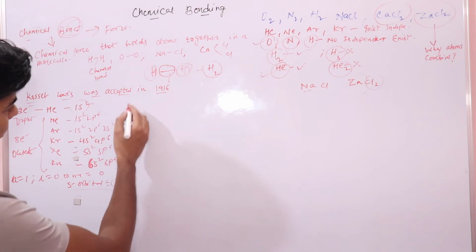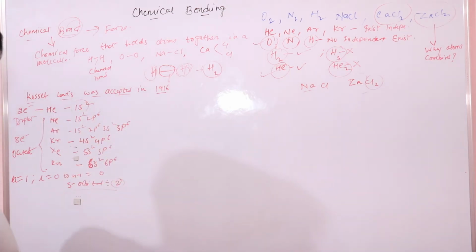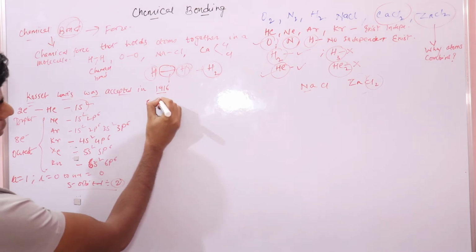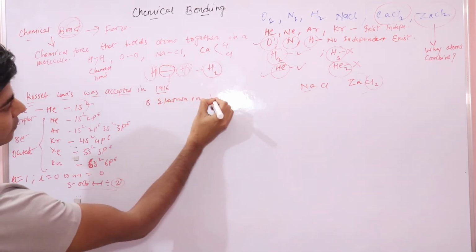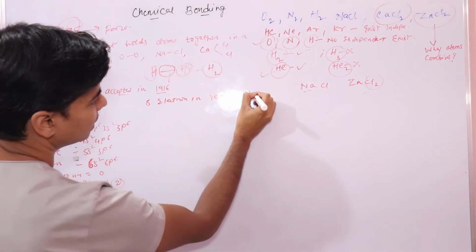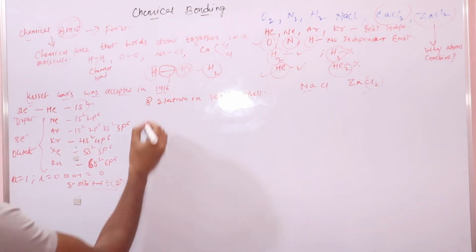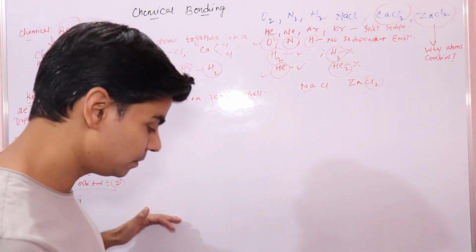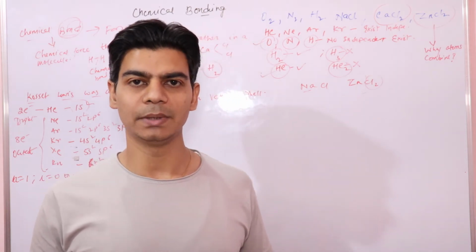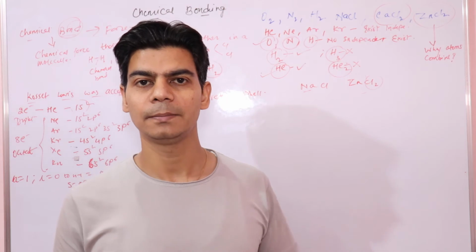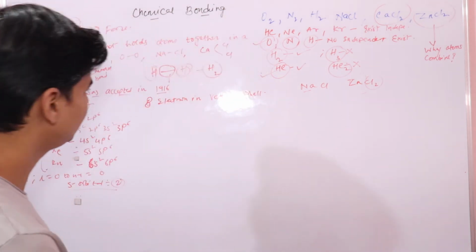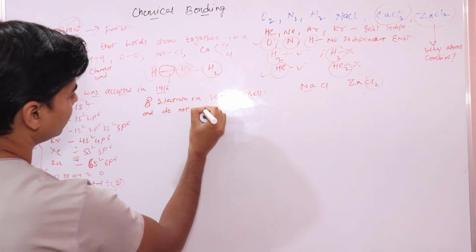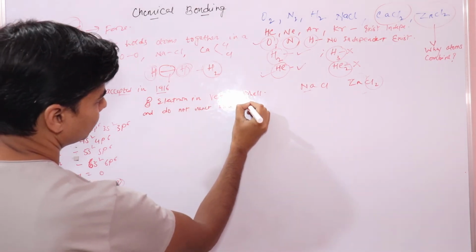So their theory, Kossel and Lewis theory, is based on the electronic configuration of these noble gases, right? And they found that all these noble gases have 8 electrons in the valence shell. Valence shell is the outermost shell, right? So all these have 8 electrons in their valence shell, and at the same time all these gases are found to be stable. That is, they do not chemically react with other atoms, right? They have 8 electrons in their outermost shell and do not react with other atoms,